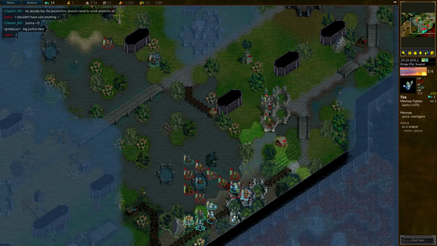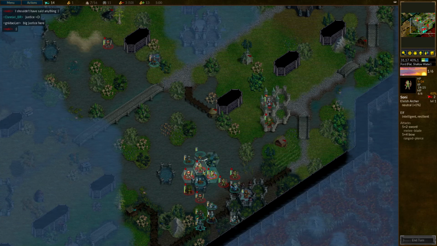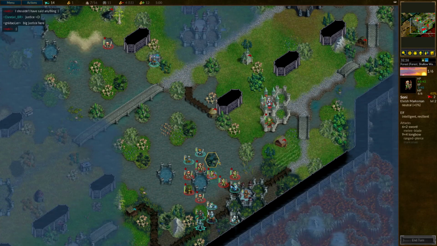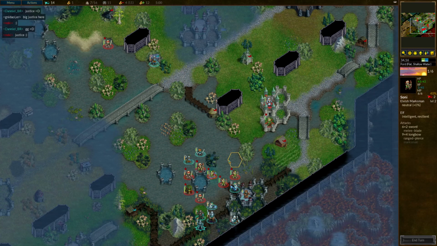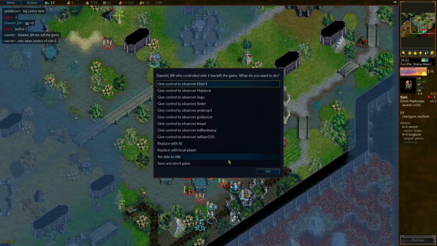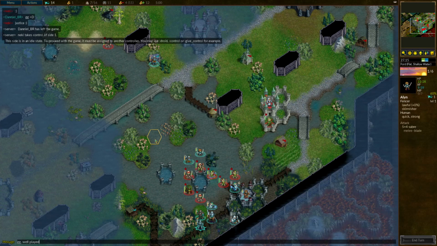3 out of 3 with the mage. That was unfortunate. He's going for that archer. He absolutely needs to kill it. He's going to kill it. And this is GG, ladies and gentlemen. So, nice game, and well played. Was a good game. I would say set side to idle, and